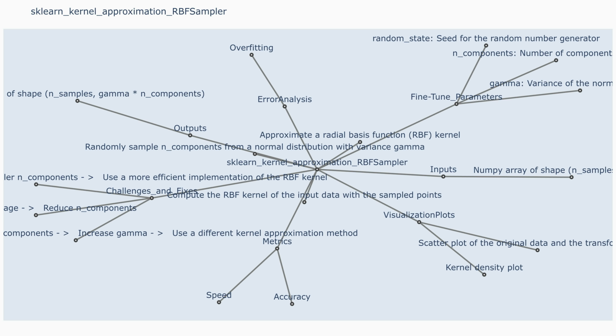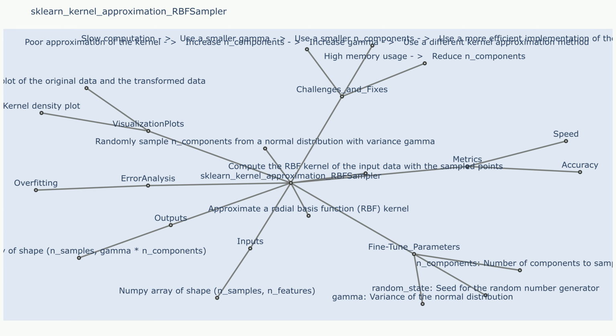sklearn, kernel approximation, RBF sampler. Description: RBF sampler is a class in scikit-learn that approximates the feature map of a radial basis function RBF kernel using a random Fourier feature (RFF) method. This method enables the use of kernels in linear models, accelerating the training process and reducing memory consumption compared to